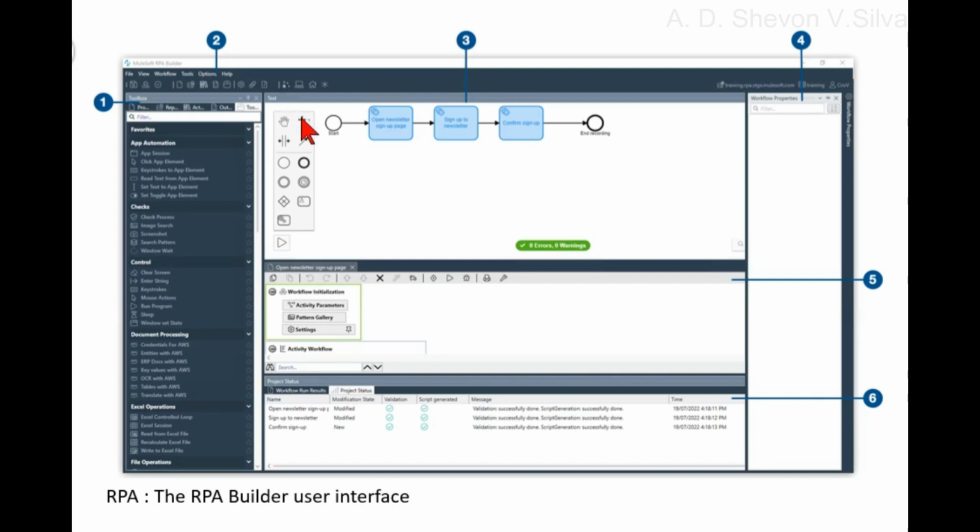Explorer pane. The Explorer pane includes 5 tabs: toolbox, project, activity library, repository, and outline. If any of these views are not visible, you can always show them by using the view menu from the menu bar. The toolbox contains a list of elements such as action steps,